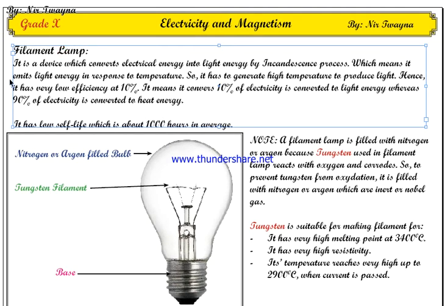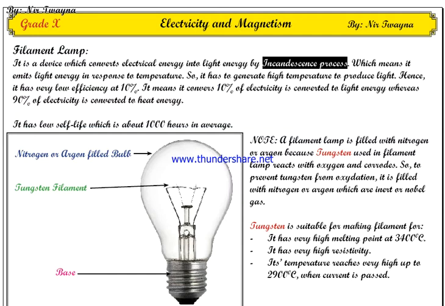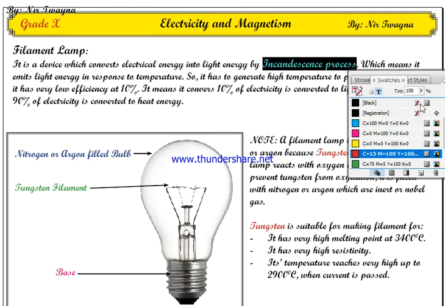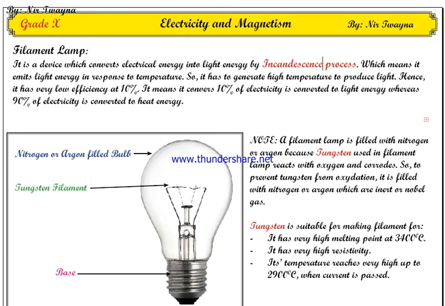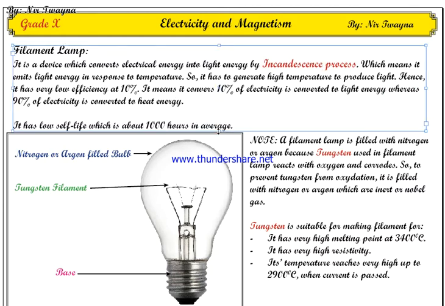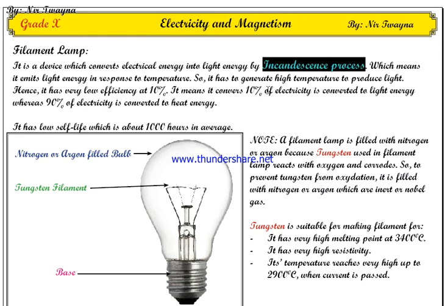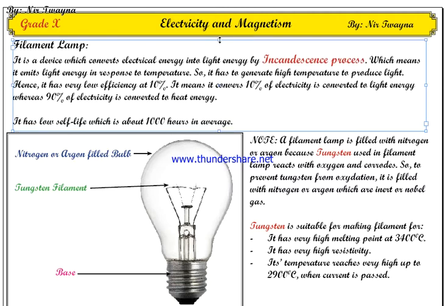A filament lamp is a device which converts electrical energy into light energy by the incandescence process. This word is new to you, and it is hard for you as well. I know that. I cannot help it, but you have to get it. There is no other way. Incandescence means it